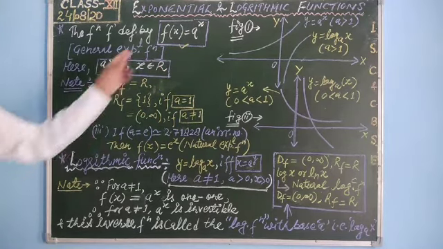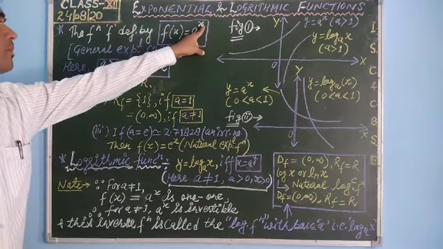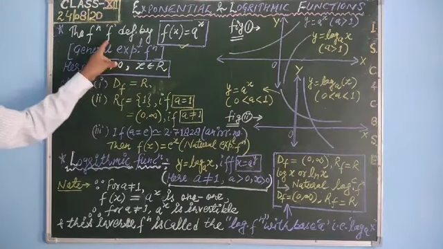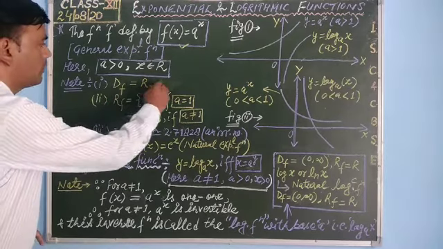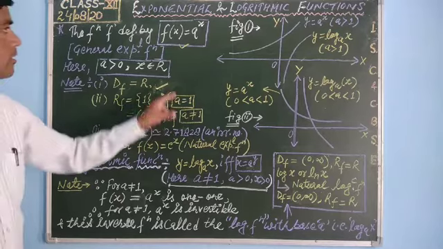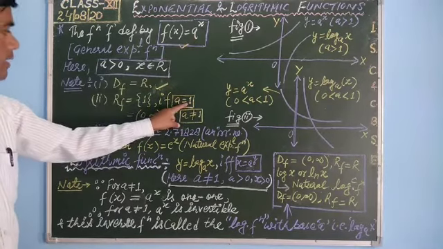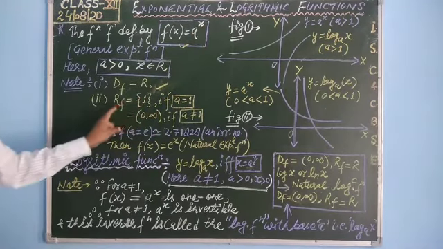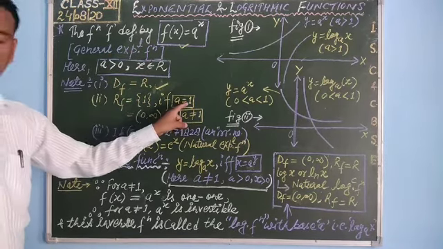Here are some features of this. Since x is a real number, the domain of this function will always be the real numbers. It means the domain of the general exponential function is always the real numbers. Then the range of this function: see here students, if the base is 1, that is if a = 1, then 1 to the power of any real number is always 1. So the range of the exponential function is {1} if a = 1.